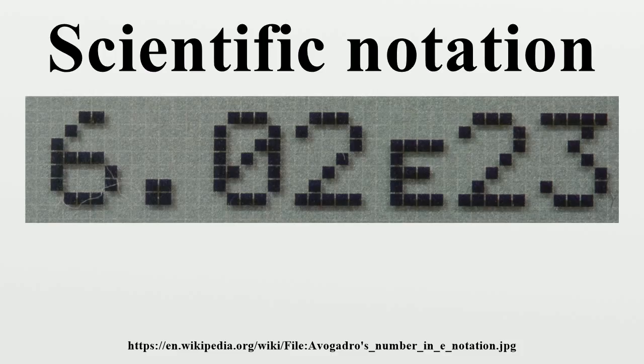9.1 times 10 to the minus 31 kilograms. In scientific notation, this is written 9.1 times 10 to the minus 31 kilograms. The Earth's circumference is approximately 40 million meters. In scientific notation, this is